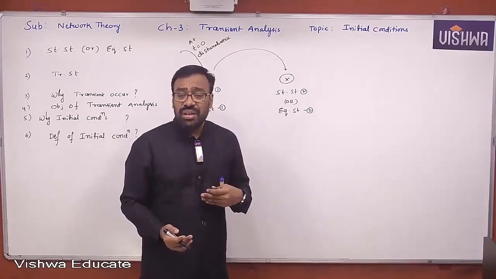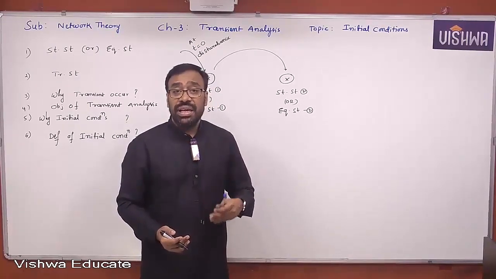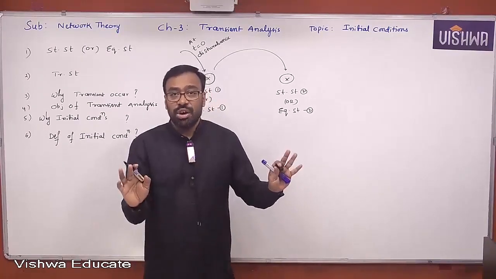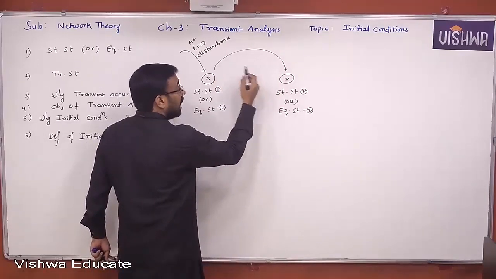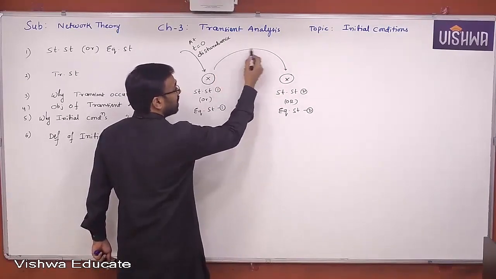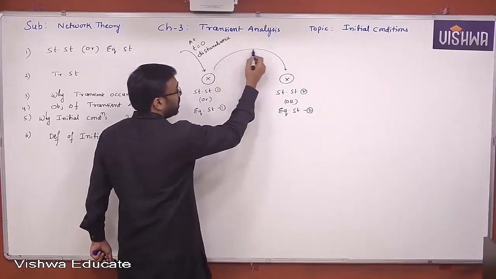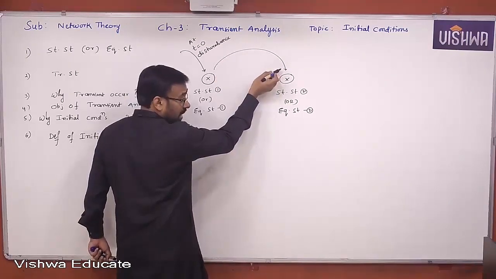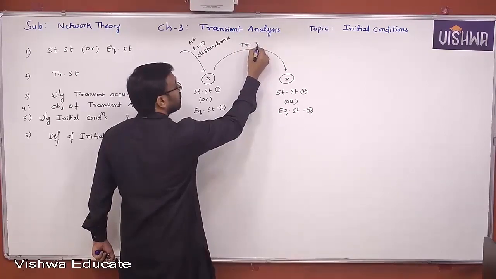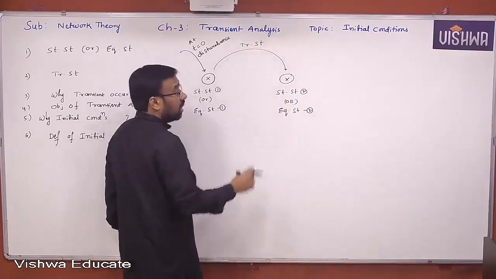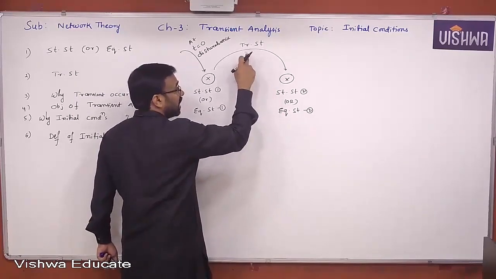Because of the inertia, the body may not accept sudden change in its displacement. Yes or no, all of you? Okay. Therefore, it will take some time. And during that time, the system is in a state where the response, the output, is changing with respect to time. Understand, all of you? Okay. Now, this is called the transient state. I hope you understand this. In this duration, the system is said to be in transient state.